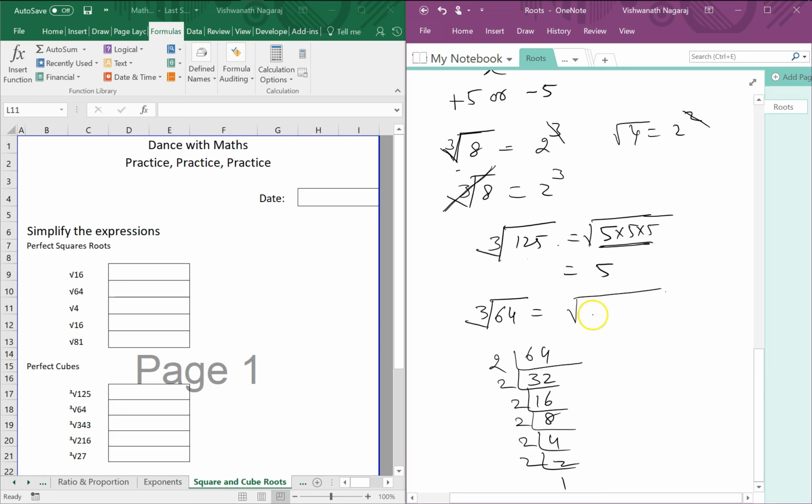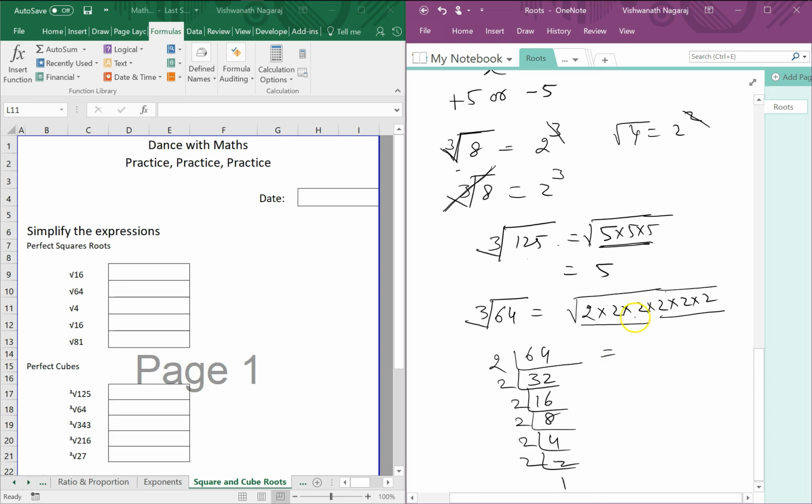Yes. Now write all those. 2 into 2 into 2 into 2 into 2 into 2. Now put them in sets of 3. So one set, second set,